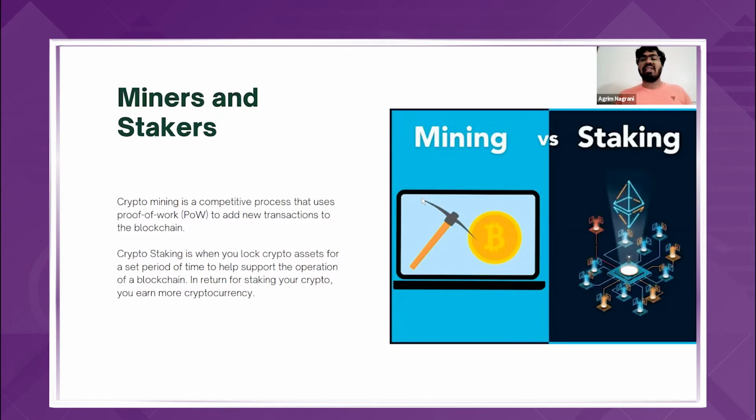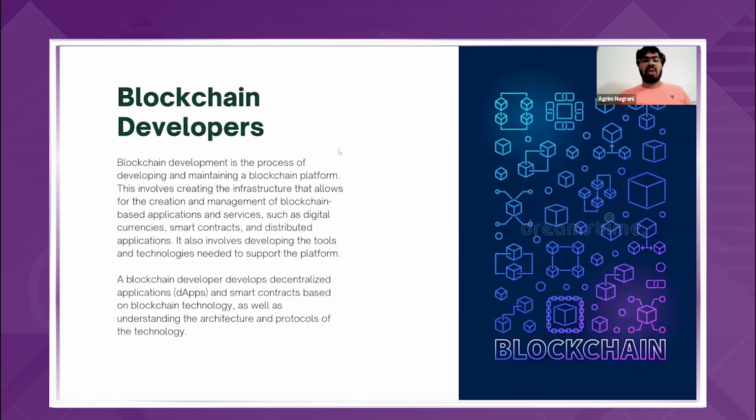Now what happens in crypto staking is that your currency gets locked or vested for a particular duration of time, and in exchange you earn more cryptocurrency, or you can say there is an APY, or annual percentage yield, on the amount of cryptocurrency you have staked. This way you will be earning more cryptocurrency, and it will help the miners generate more and more tokens of that particular project. This is one of the key components in the crypto ecosystem.